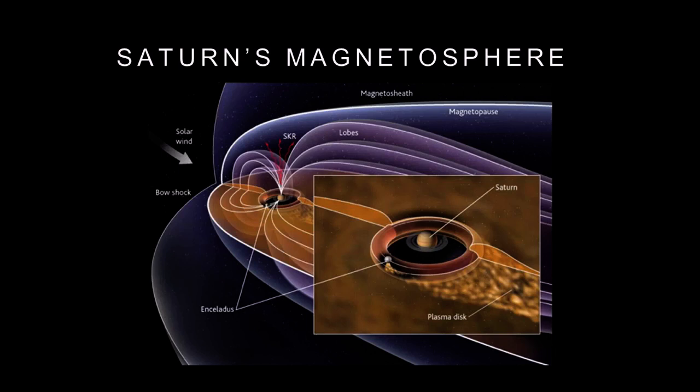So the magnetic field starts to sense those charged particles, which are the plasma, and that starts to then add weight or mass to the field lines, which then can bend them. And actually, we'll talk a little bit about that in terms of how that affects the magnetic field and drives some of these currents where you have what's called subcorotation of plasma, which I'll talk a little bit about